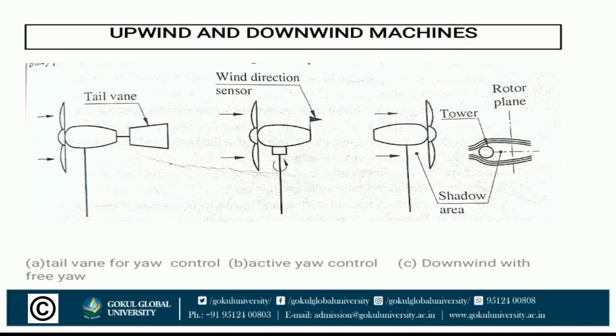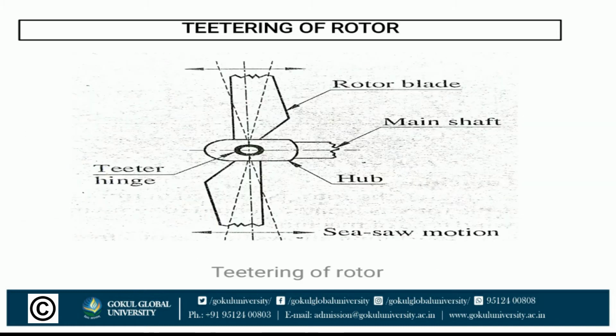However, it suffers from wind shadow effects of the tower on the blades as they pass through the tower's wake, this region of separated flow. On the other hand, an upwind machine produces higher power as it eliminates the tower shadow on the blades. This also results in lower blade fatigue, lower noise and smoother power output.